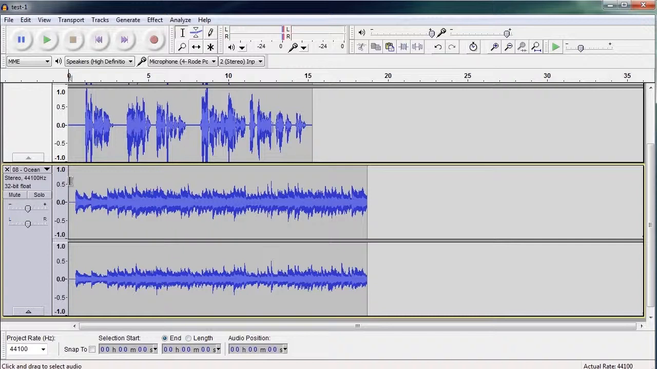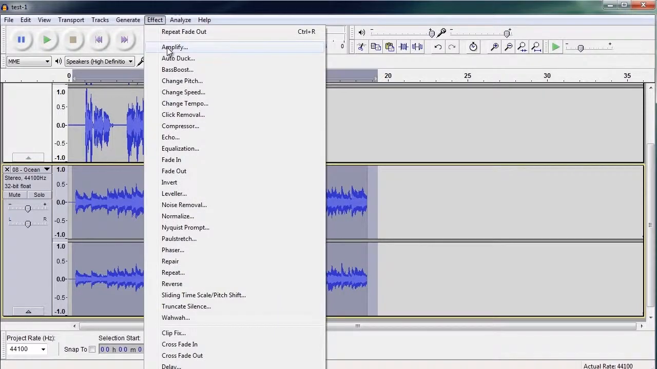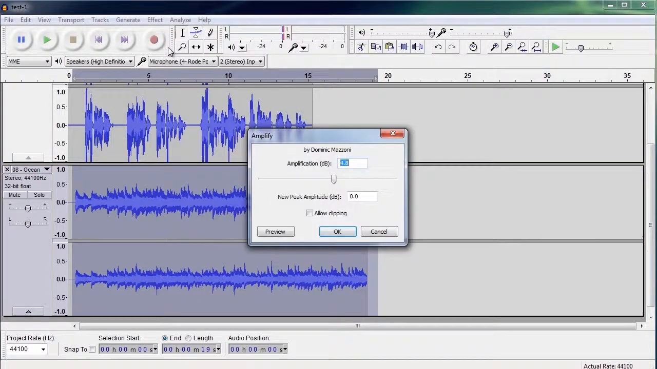So what I need to do is I need to bring down the volume of the music. And to do that, I'm going to click and select all of the music. And then I'm going to go up to the Effect menu, and I'm going to click on Amplify. And Amplify may seem a little unintuitive to you, because normally most people think of amplify as increasing the sound,